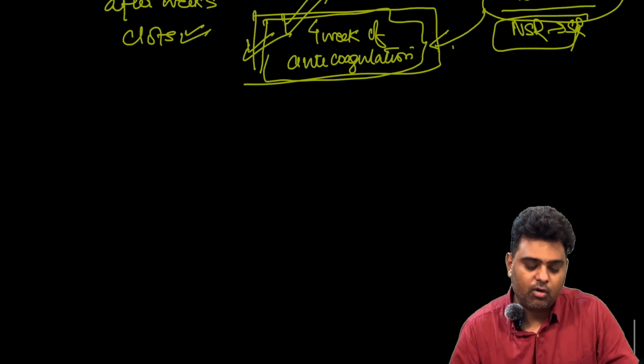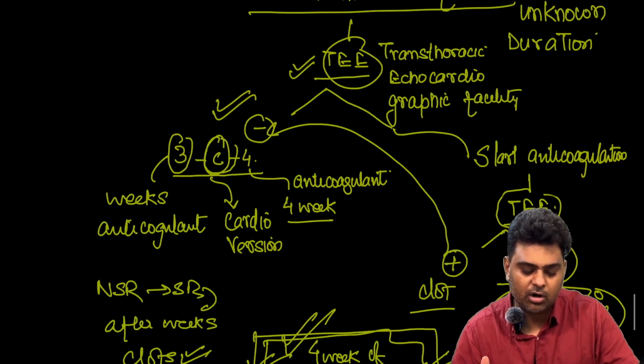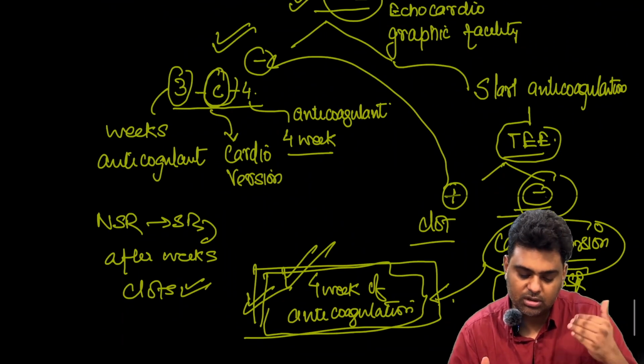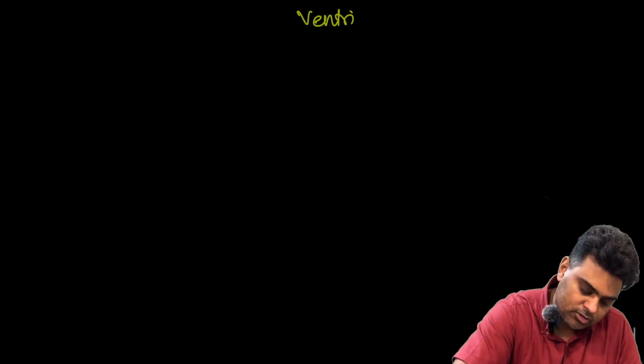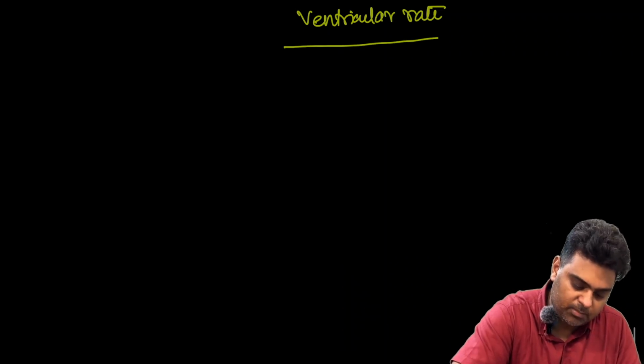Now, what about the ventricular rate? Second, we have seen that we have to control the ventricular rate. So why are we so obsessed with controlling the ventricular rate? Please remember,